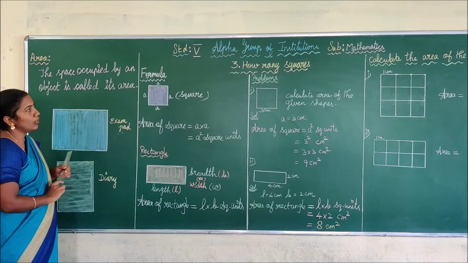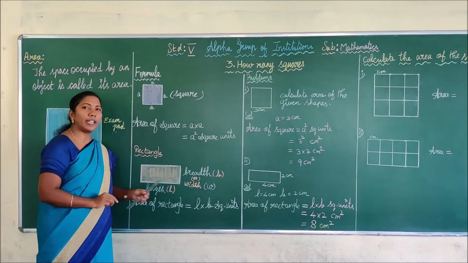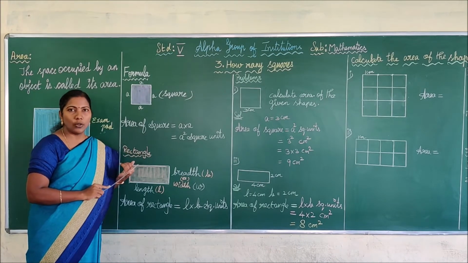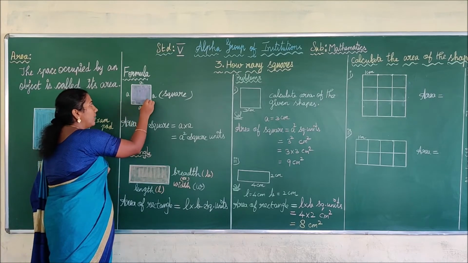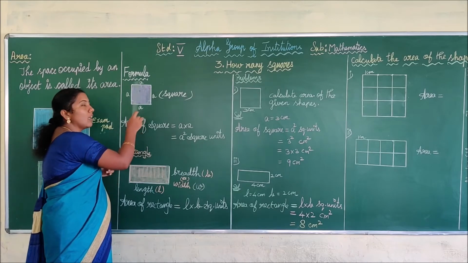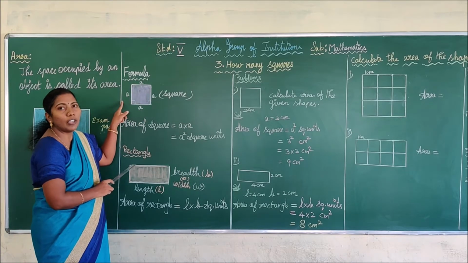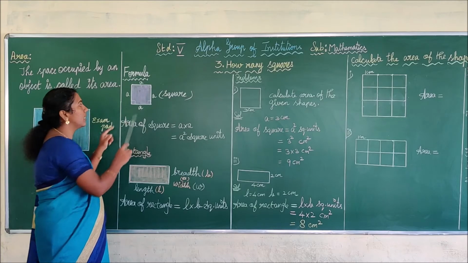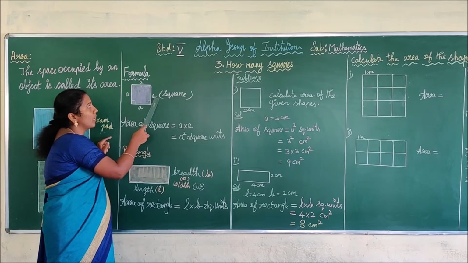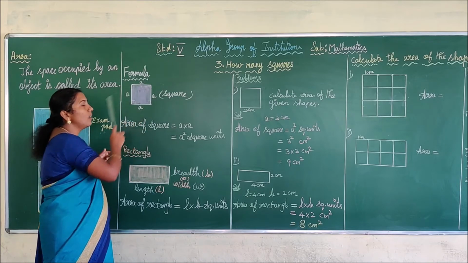Okay. Next we are going to see the formula for calculating the area of a square and then the area of a rectangle. See here. What is meant by a square? All the sides are equal and all the angles are 90 degrees. We have seen this in the previous class. That's why we are taking the variable A to represent the length of the side. Suppose the length of this side is A, then this side is also A, this side also A, this side also A. That's why we are taking A on all the sides of the square.